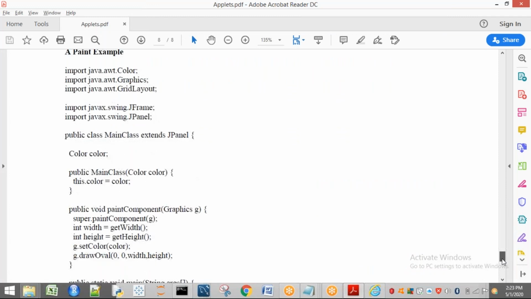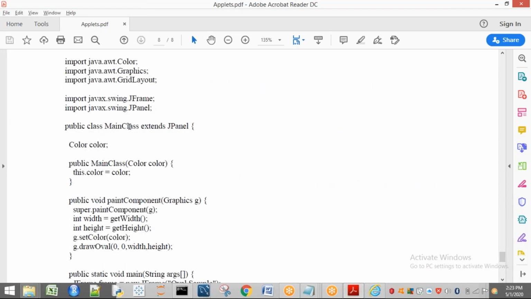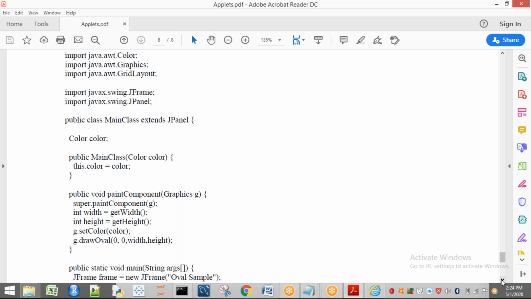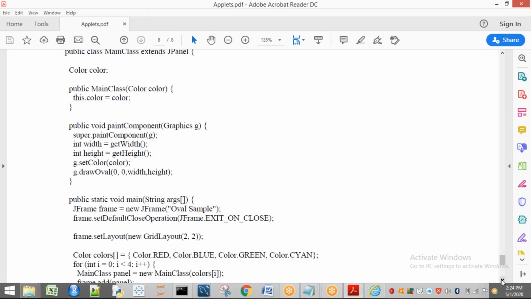So see this easy concept. Here I'm not explaining about JApplet now. I am going to explain painting in Swing. So I'm going to take JPanel. JPanel is also one container. First I will explain from the main method. Remember one thing, here I'm not discussing about applets. Applet concept is completed. Now I'm going to tell you how to paint in Swing. Swing means it may be JPanel, it may be JFrame, it may be JApplet, anything I will take, and I'm going to show you how to use that.